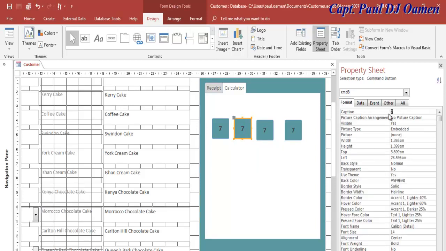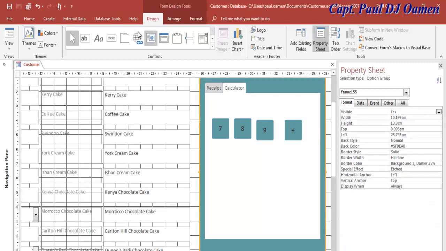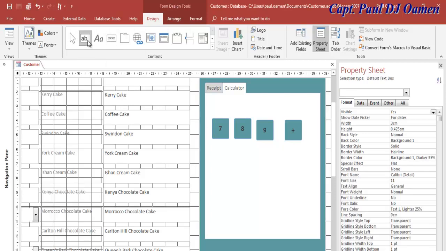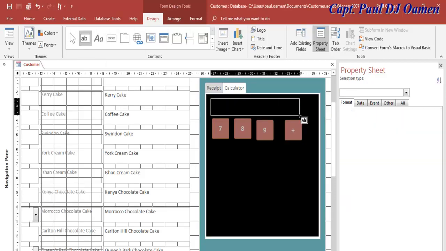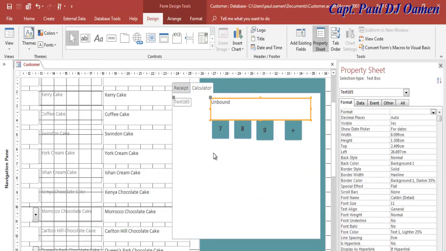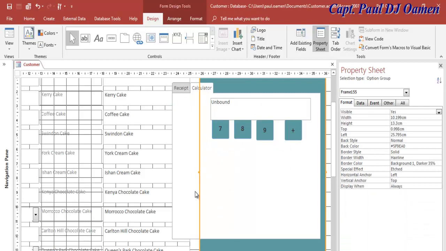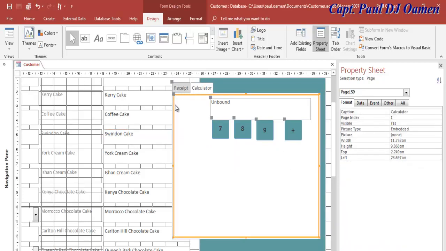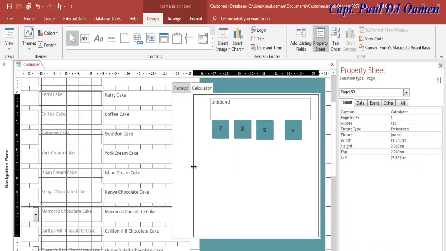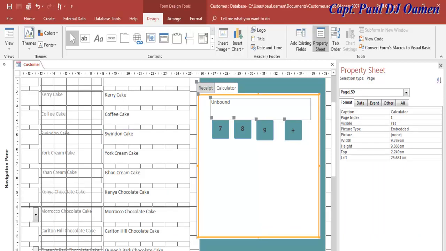This will be 8, 9, and this is plus. Okay guys, one other thing before I go about designing the interface, let's add a text box here. That's our text box there, but I'm gonna have to delete this and just redesign the whole interface, bring it back the way it was,